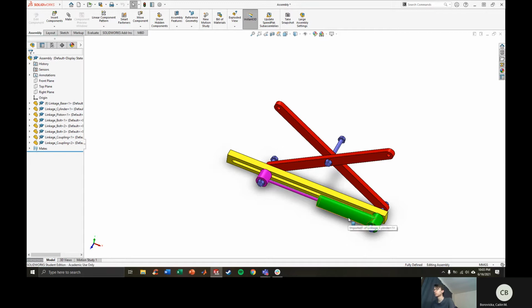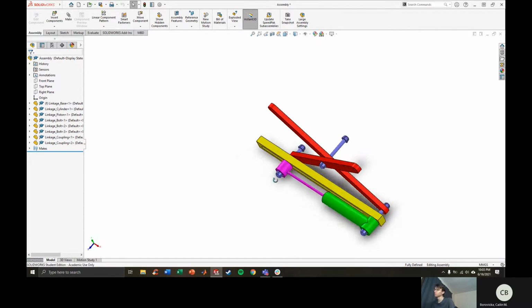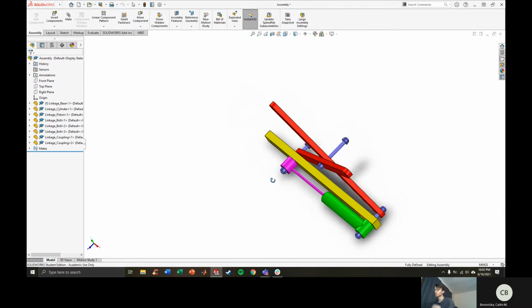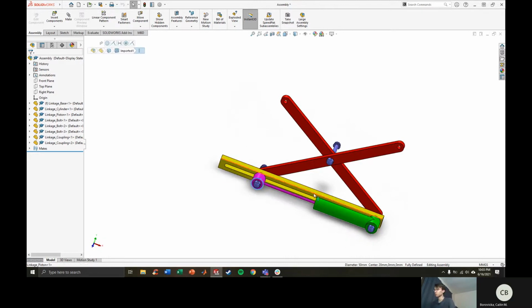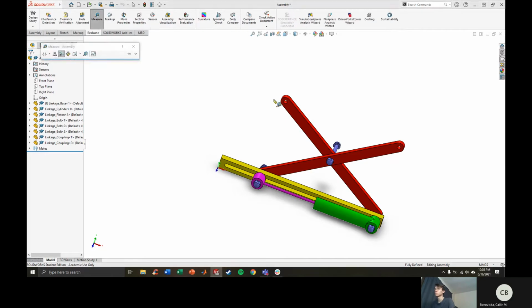So how they do it in the quiz is they say you have 15 minutes or whatever it is to make this assembly. And then there are certain dimensions associated with it that you use to figure out what the center of mass is and everything. But today we'll just be going through how to actually make it, some of the ways that assemblies work. So to make an assembly, all you have to do is go up to New,